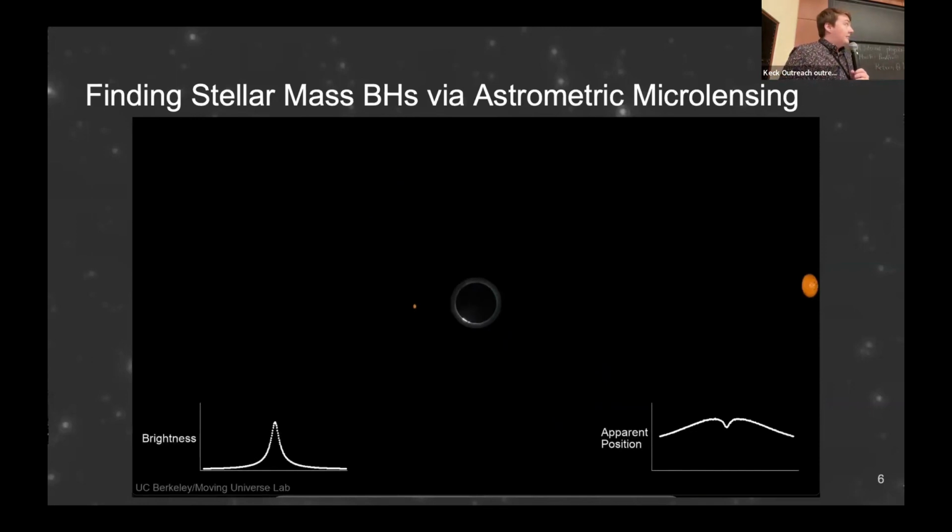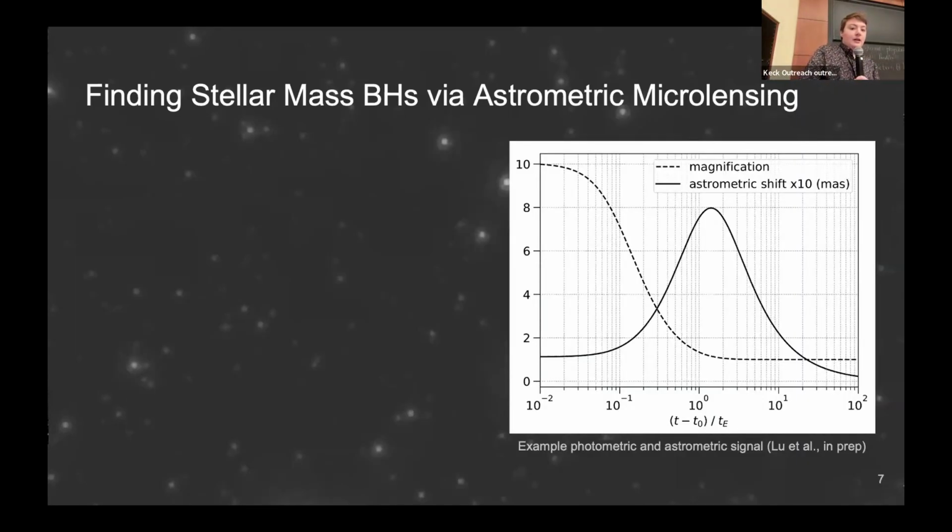But what we can observe in these microlensing events is an apparent change in the source's brightness over time, as well as a small apparent shift in the star's centroid position. So this is just an example of what those signals can look like. So we've got a photometric signal that occurs first on a relatively short time scale. For a black hole, this will be a few months. For a star, it can be weeks to a month. And then there's the astrometric shift, which fortunately for us peaks after the photometric peak of the event. So we can